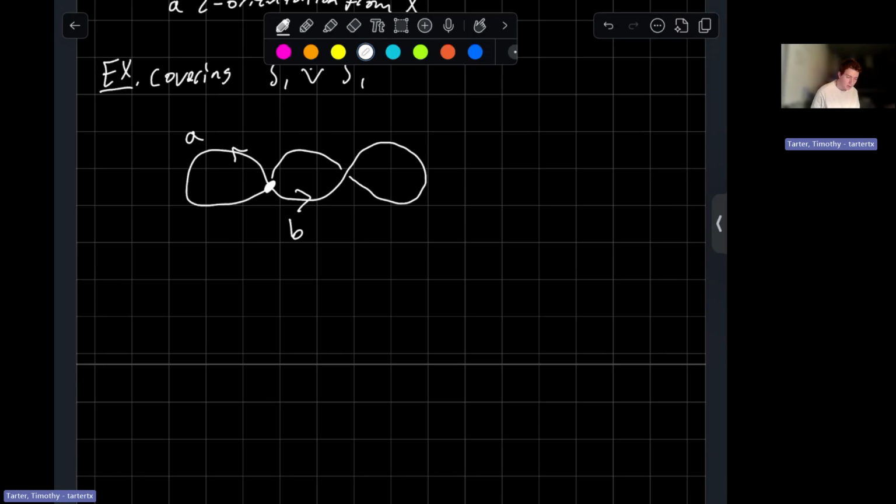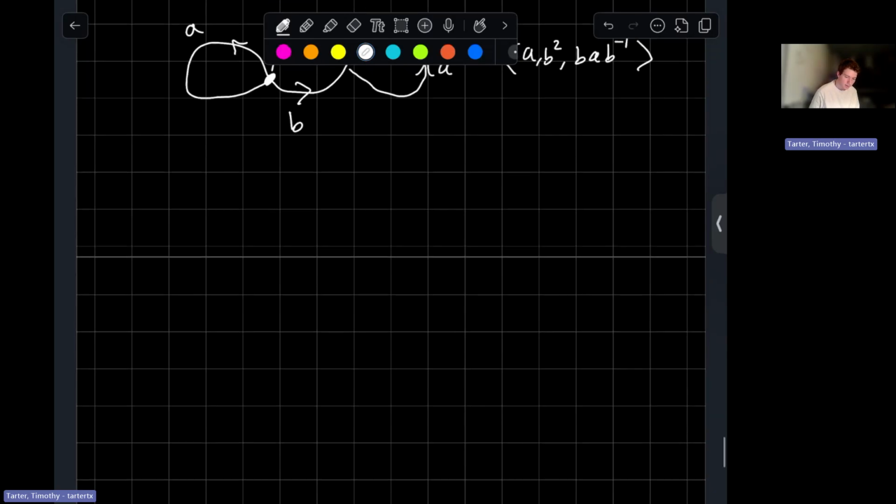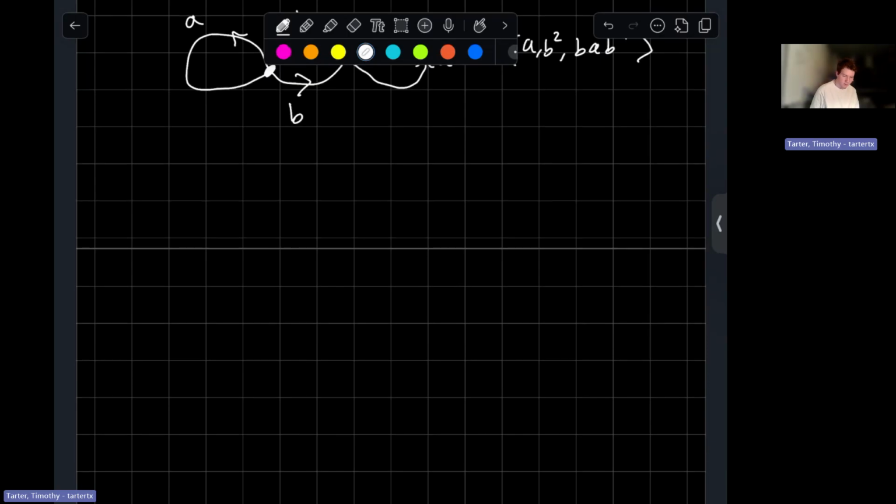Where this is B, and this is B, and this is A. And this is the free group on A and B squared and BAB inverse. There's also a circle, but I'm going to draw